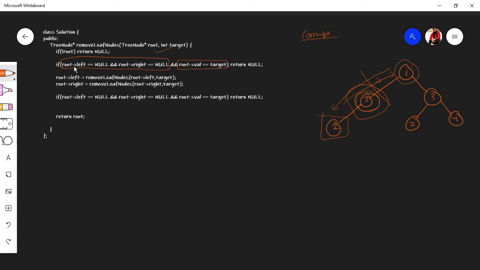लीफ नोड तो मिल गई, क्या ये टिक है? हाँ ये टिक है, मतलब मिल गई लीफ नोड। क्या उस लीफ नोड पे जो वैल्यू मेरे को चाहिए वो भी वही वैल्यू पड़ी हुई है? मतलब मेरे को यहाँ पे 2 चाहिए जैसे इस क्वेश्चन में, तो क्या यहाँ पे वैल्यू 2 पड़ी हुई है? अगर है तो उस लीफ को हटा दो, जस्ट उसकी जगह नल डाल दो, रिटर्न नल कर दो, वहां से उसको हटा दो।